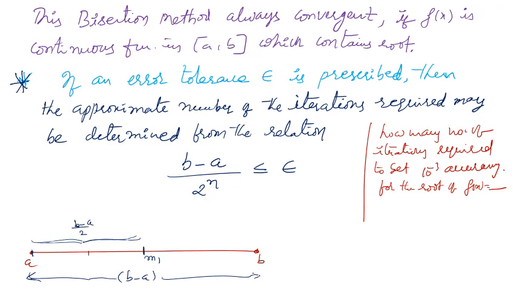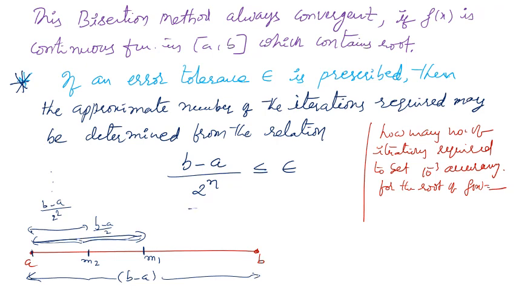For example, the next approximate root lies in this interval. This is m2. Then the next interval is only up to here, with total b minus a by 2. Bisecting again, the length is b minus a by 2 square. Second iteration, b minus a by 2 power 2, and so on. So after n iterations, the last interval length becomes b minus a by 2 power n, and it must be less than